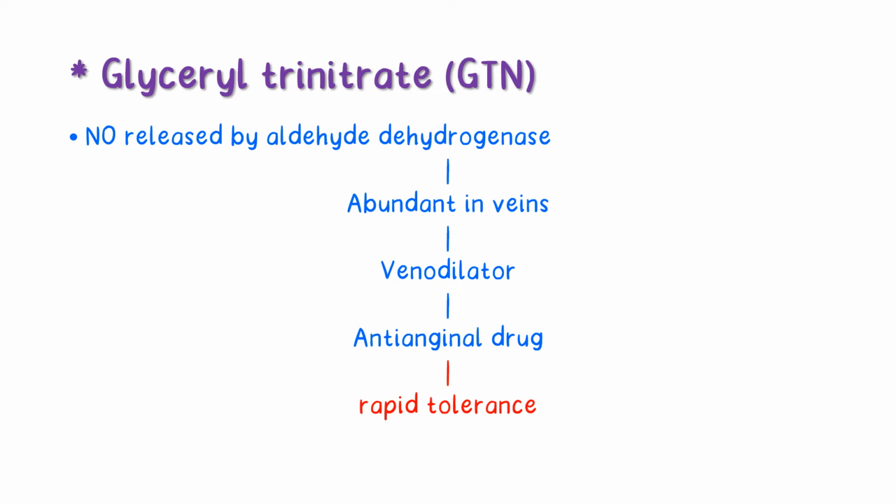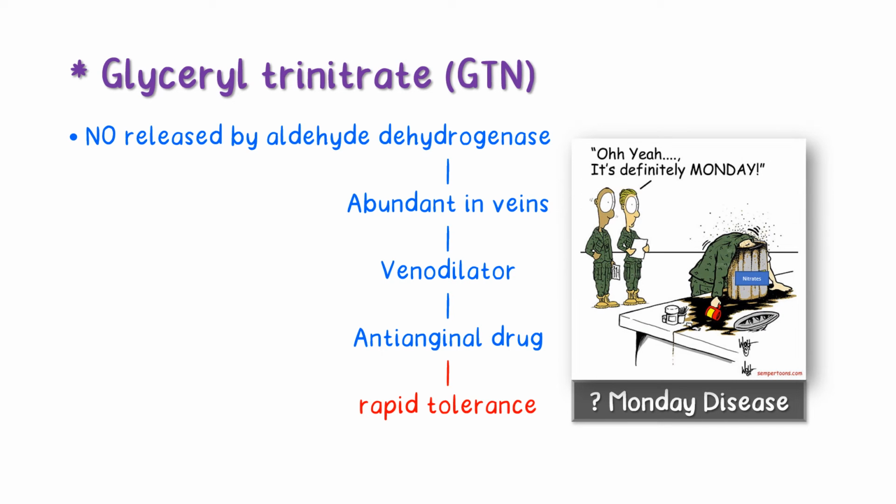Now, an interesting disease is associated with nitrate tolerance called Monday disease. So let's understand what is Monday disease. Continuous exposure to nitrates can occur to workers of the chemical industry, especially where explosives are manufactured. So when their workplace is contaminated with volatile organic nitrates, these workers find that upon starting the day of the work week, usually Monday, they suffer from headache and dizziness, which are the side effects of nitrates, called Monday disease.